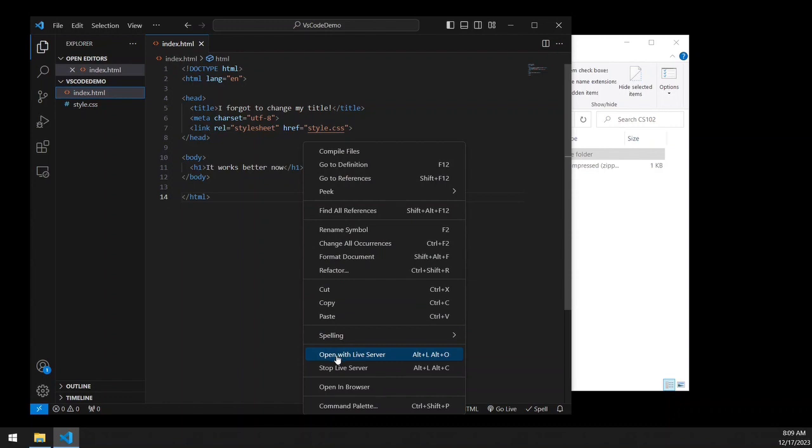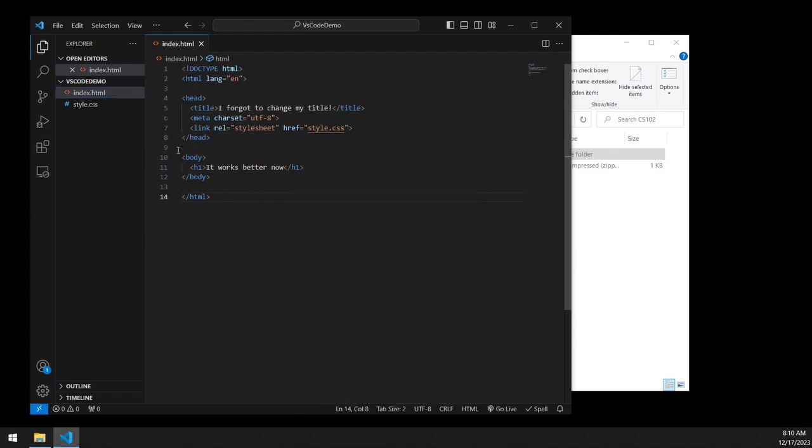Now, this is in the documentation, but I'm not going to demonstrate this anywhere else. Just notice here that I've got an option I can click, but it also gives me a shortcut. So if you find that you're doing a lot of opening Live Server, stopping Live Server, maybe write down or memorize these shortcuts, and then you can do the same thing without having to right click. You can basically do it from the keyboard instead of having to click and use your mouse to do these things. You see there's lots of shortcuts for different things. Some of my favorites include